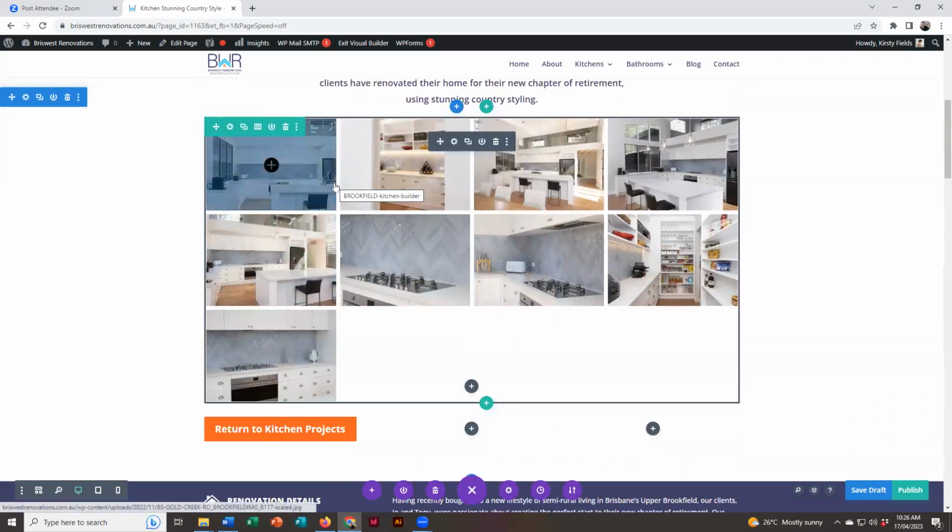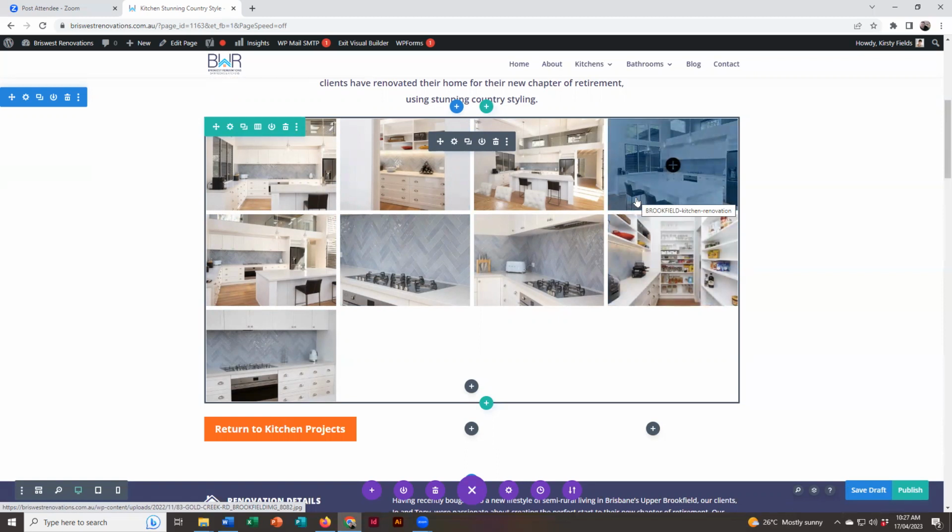Now we can see here we've got these 4 sets of photos. Special coding tells us that we should be doing 3 by 3, but I need to pick up the coding from another page before I can do that. For now, we want to work with our photos, and you can see as I mouse roll over these photos, it's got Brookfield kitchen renovation. Now that means that these photos have got the suburb added, which is great. We want to do that with our photos before we get them into the system as well. And we also want to make sure that we don't have any clients' names or too revealing information like the